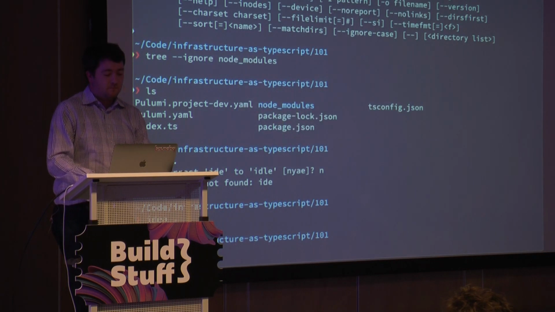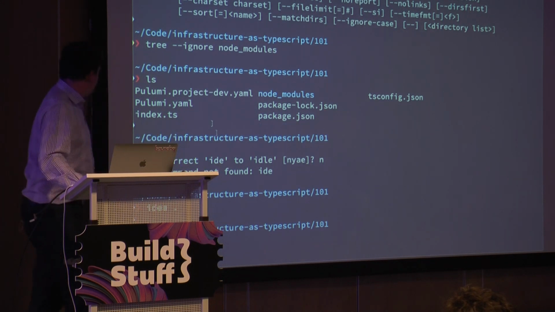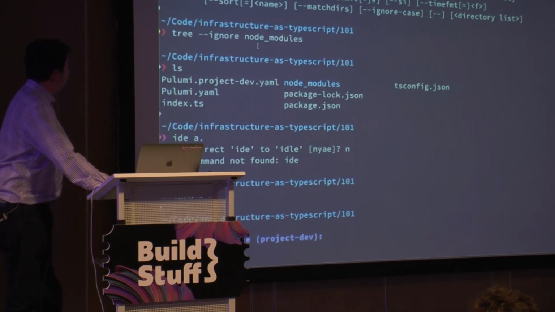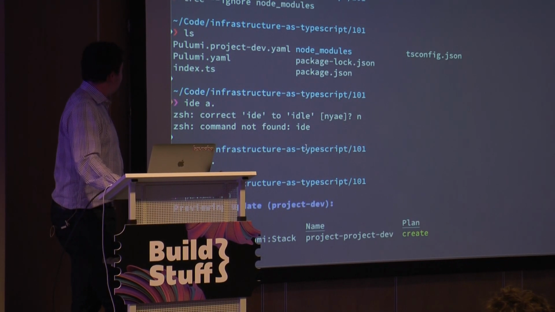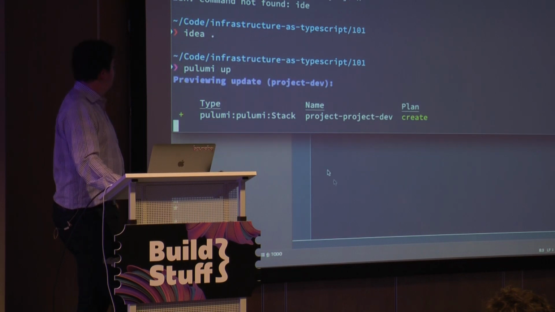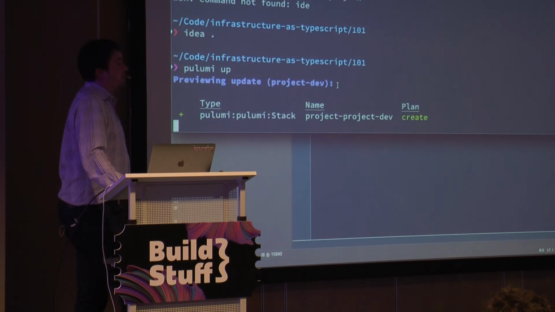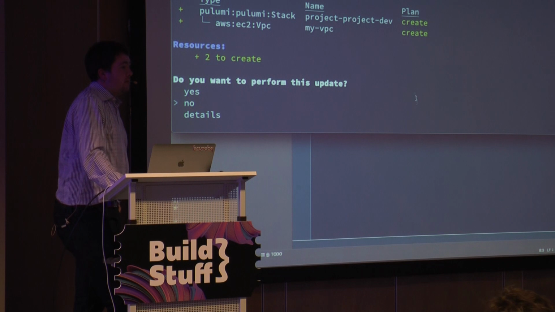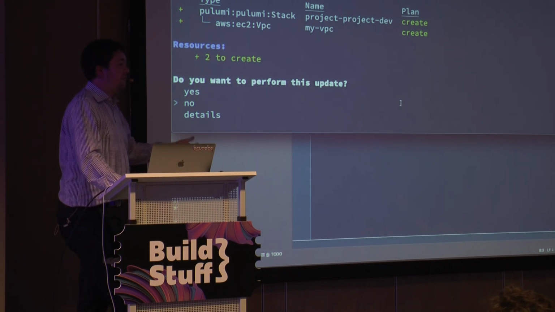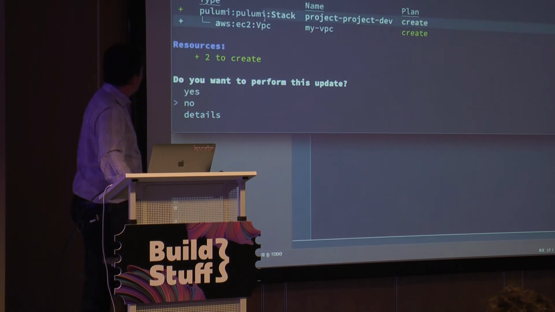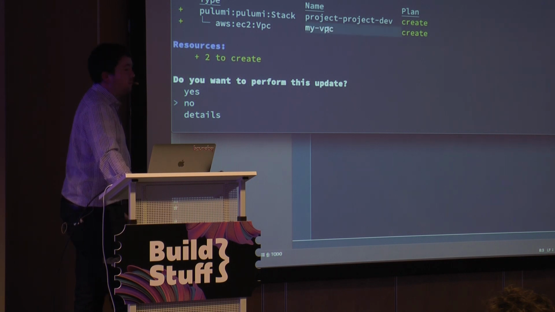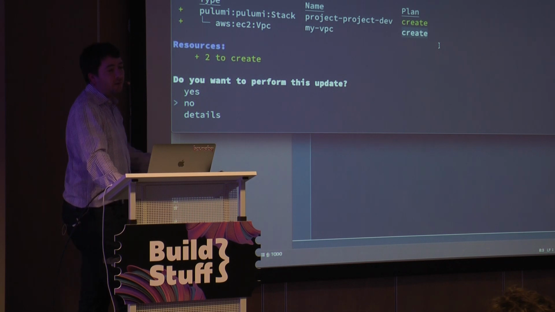So let's go run that. The command we use for that is Pulumi up, which will scroll a lot more output. I'll leave it down here for a second. So this goes and queries the state of my AWS account and decides, does this thing that you said you want to exist actually exist? And in this case, it doesn't. So we have this component that needs creating. You can see the name matches what we declared. And the plan here is to create this resource. Right? It doesn't exist. We have to go create it.